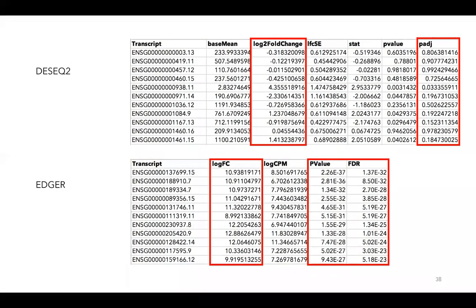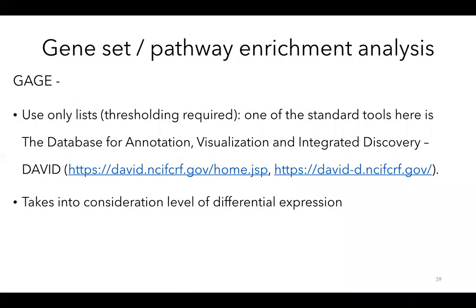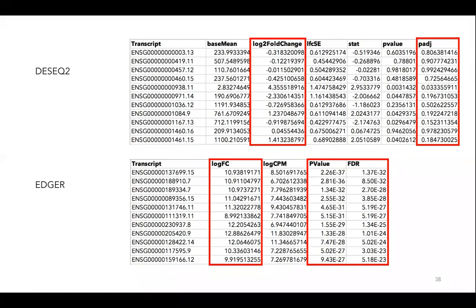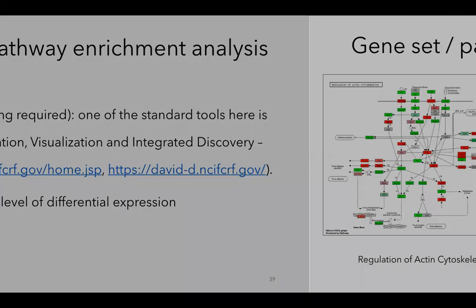Many of these pipelines, like GAGE, another website, take the log2 fold change as input. So you provide these parameters which you get after DESeq. After running DESeq, you can do gene set or pathway enrichment analysis, and you will get